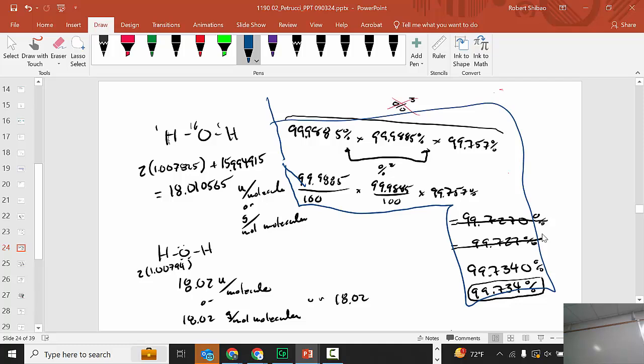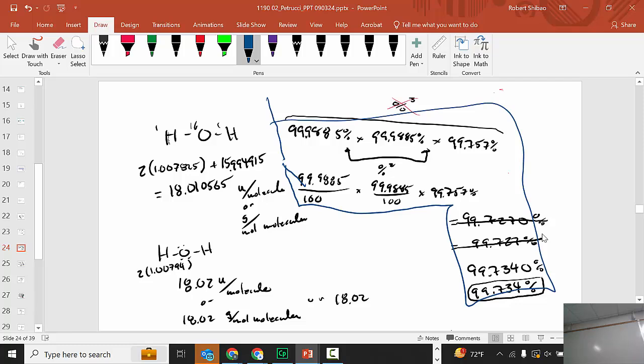Some people will say, well, an H2O molecule weighs 18.02, because hydrogen weighs 1.00794 and oxygen weighs 15.9994, add those up, and we're going to get 18.02. But this is the average water molecule. And a weird thing happens: if I had a million water molecules, do any of them weigh 18.02 U? It turns out none of them weigh 18.02. I'm going to have a water molecule here, H1, O16, H1, that weighs 18.01 U. So it weighs slightly less